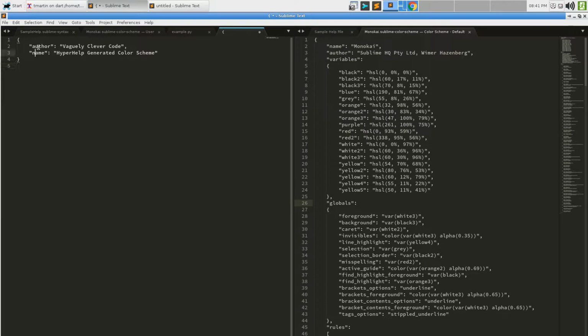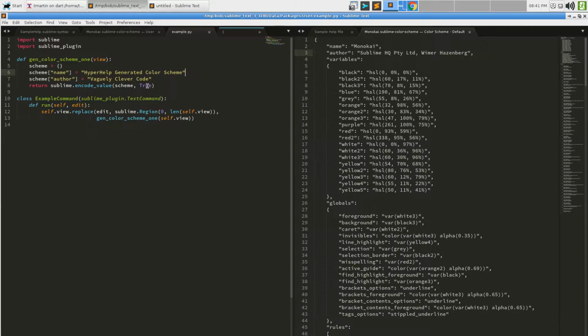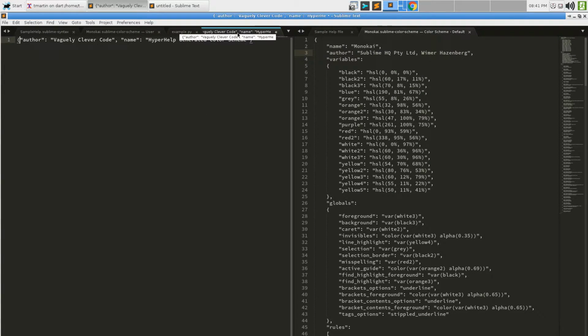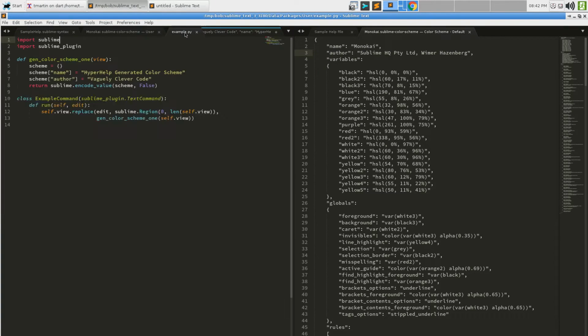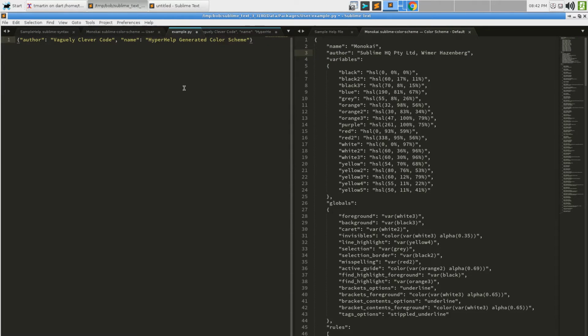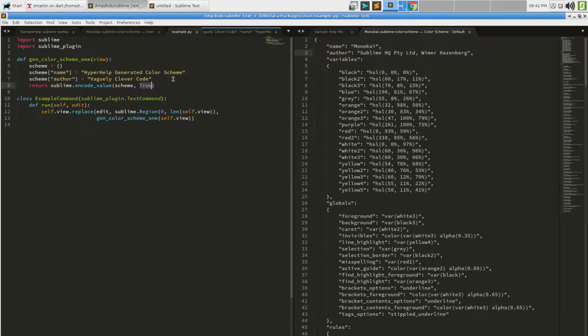You notice that the keys aren't in the same order as they are over here, and there's not a lot we could do about that unless we wanted to be more clever about how we generate things, but that doesn't really matter in the grand scheme of things. Passing true for this parameter means we're pretty printing it, because we probably don't want our color scheme to be teeny tiny like that. Not passing that value is the same as saying false, I think, but we can easily test that, can't we? Yeah, see, so there you go. So we want true for that.